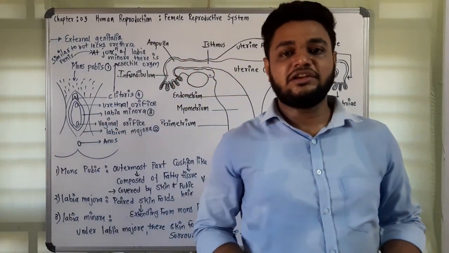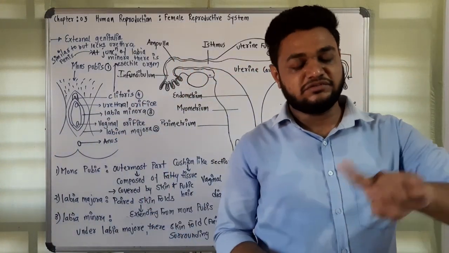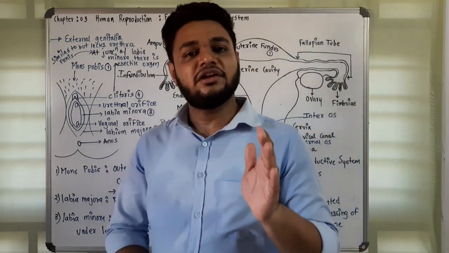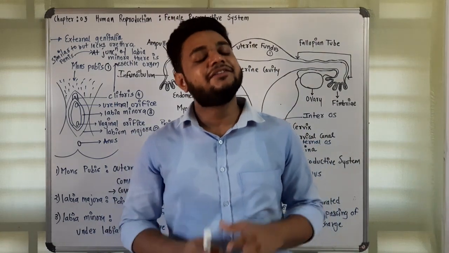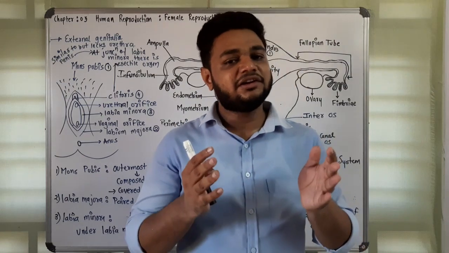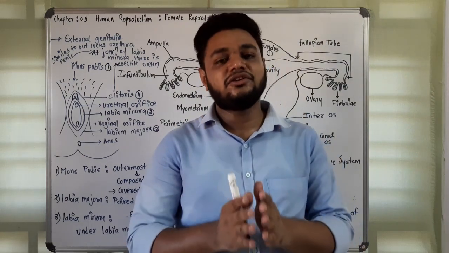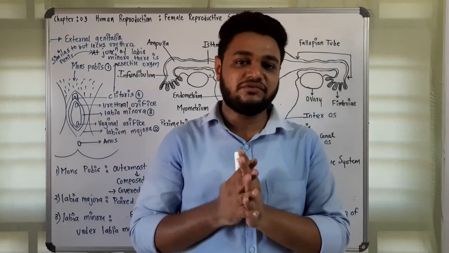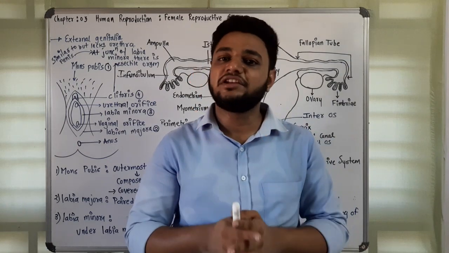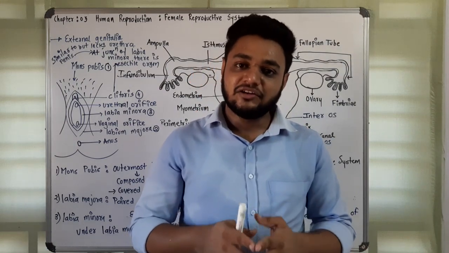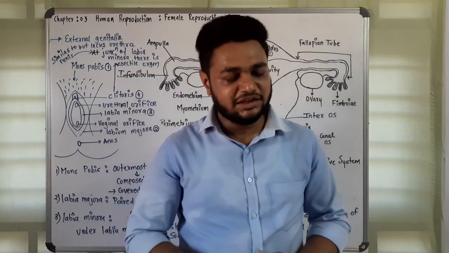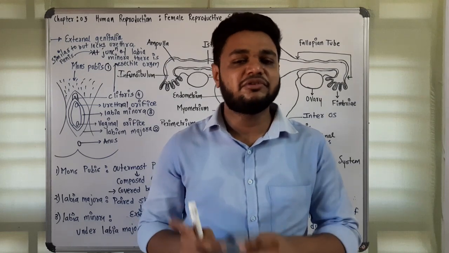And the last one, which has not been discussed in this video but was discussed in the previous video, is the hymen. There is a membranous diaphragm at the vaginal orifice. Generally it is closed, but at the time of puberty it undergoes perforation to discharge the menstrual waste. It can also break due to a sudden jolt, cycle riding, anything. So it depends. So this is about the external genitalia.